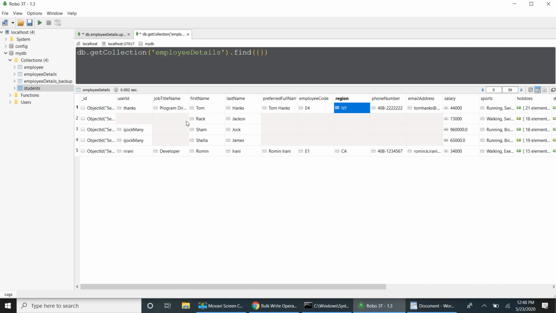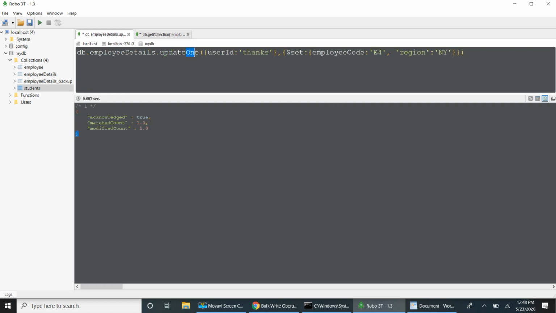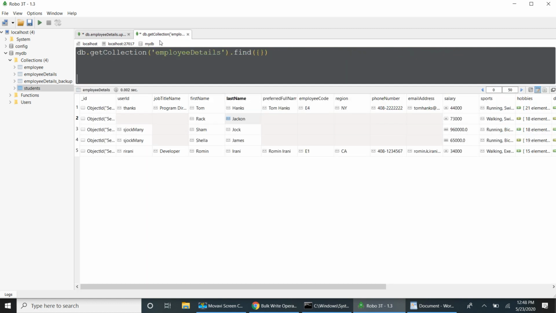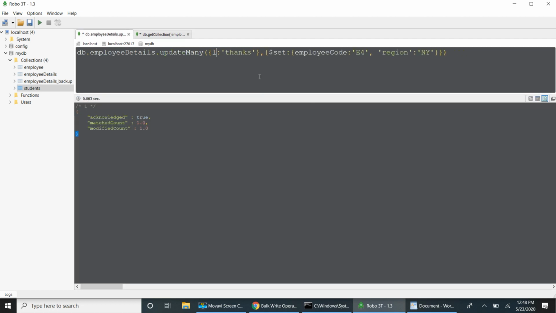Similarly, if I want to update more records, like the next records which start with J, we have three records. So I'll use update many to update those records. For them, the common condition is that the last name starts with J. For them also I'm going to change the employee code to E5 and the region to NY. When I run this,